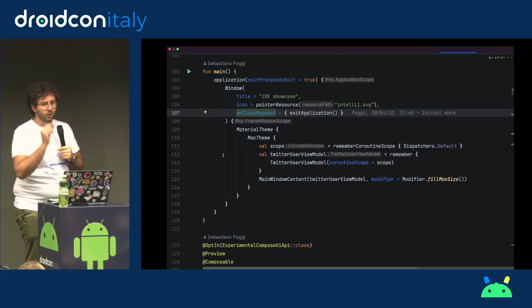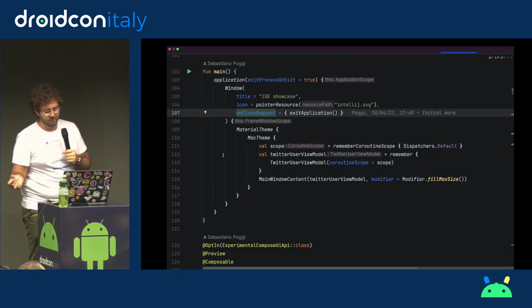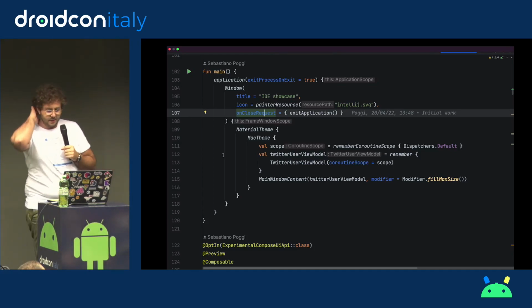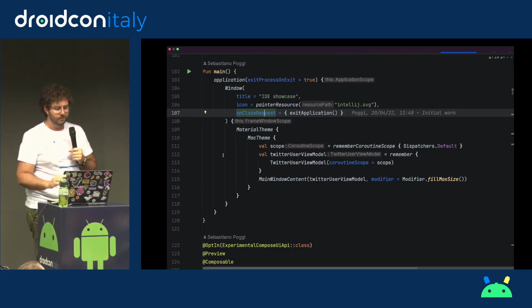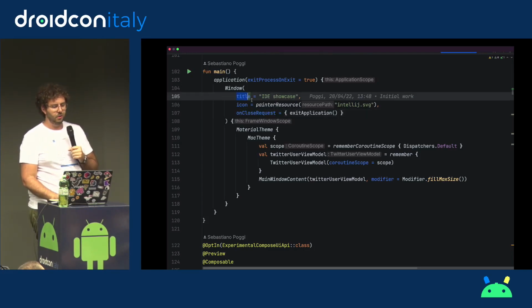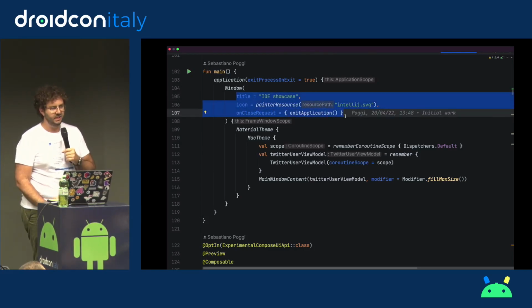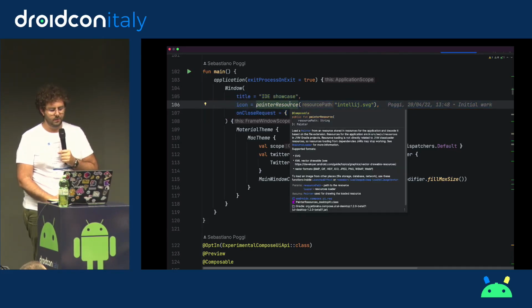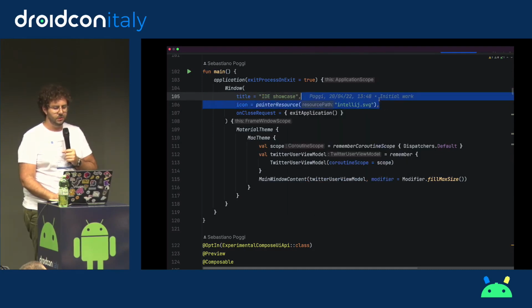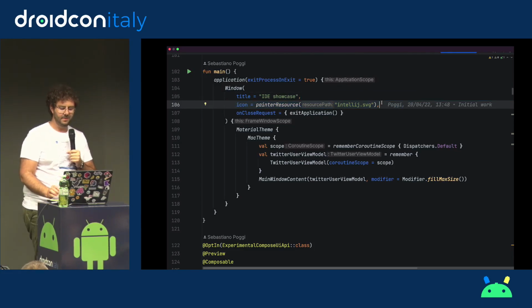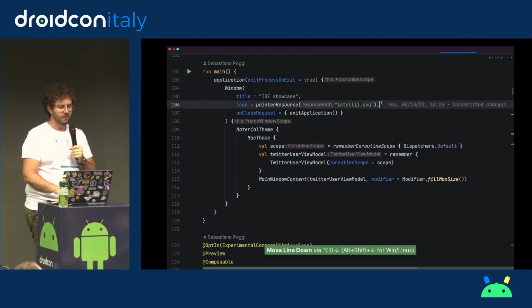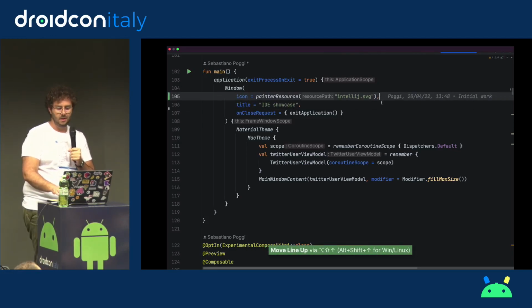But maybe I want to start changing the way stuff looks here. Something I can do, for example, is I can say, I actually don't like the order of these lines. I prefer to have the icon first. So what you would normally do is use the mouse, select, and drag. Don't do that. That's a bad way of doing it. There's actually a function in the editor that allows you to move lines up and down with one key press.